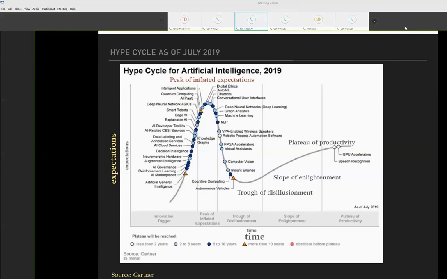In some cases, with some of the techniques in the large machine learning toolbox, we're at the plateau of productivity. But for many techniques, we're still at the peak of inflated expectations. And so I think we can expect this trough of disillusionment for certain techniques and failures of certain techniques, but ultimately we'll sort through that and we'll get to a point where we're much more productive using these machine learning methods than we are today. Next slide, please.